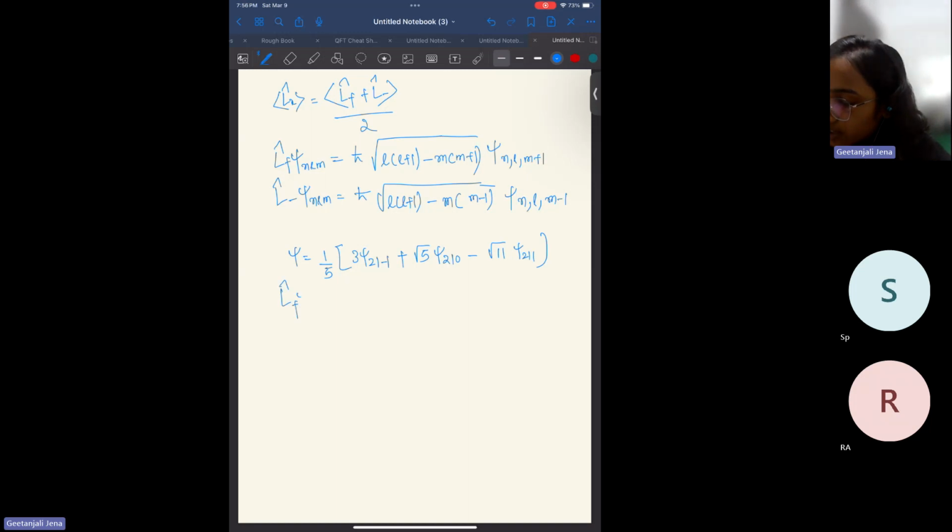So when L plus acts on psi, there are 3 states. When L plus acts on this one, it will give psi 2 1 0, because minus 1 plus 1 becomes 0. This state will become psi 2 1 1, since M plus 1 means 0 plus 1 is 1. And this one becomes psi 2 1 2, since 1 plus 1 is 2. Now when you take the